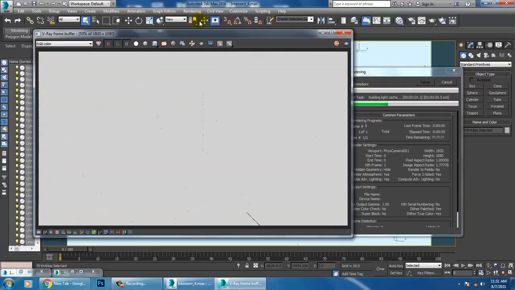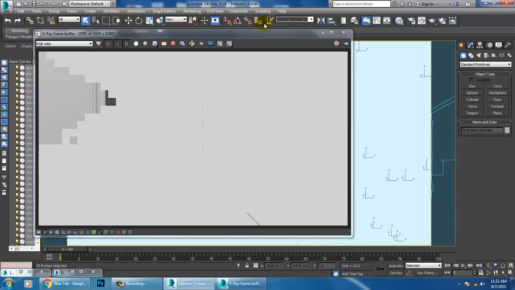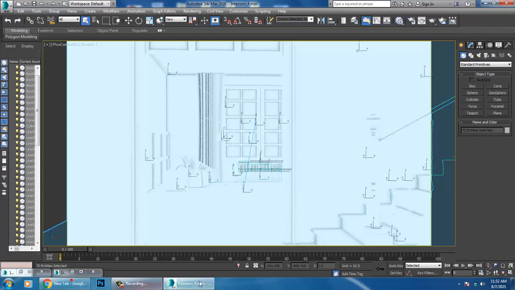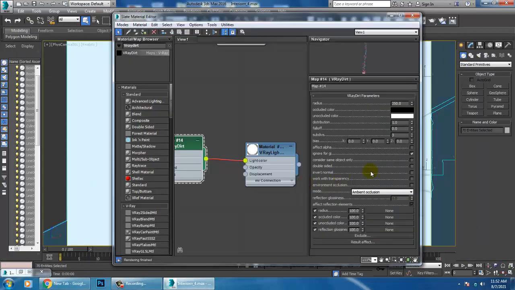I haven't assigned any kind of light pass up till now, so first let's just render this. It's getting a bit of noise. So let's again go into the material section.